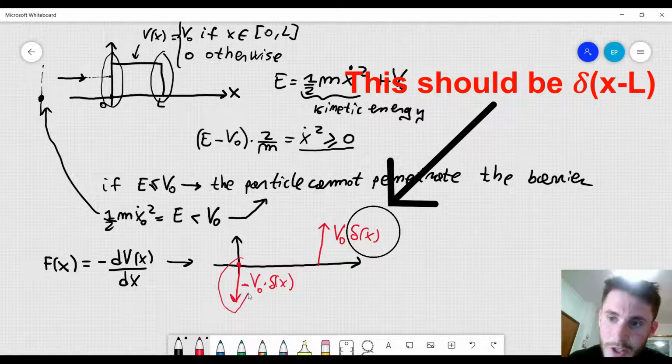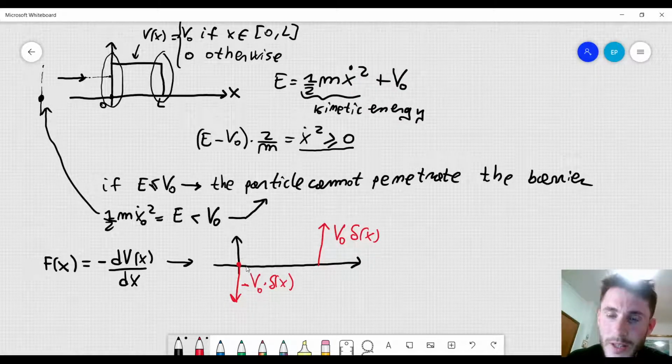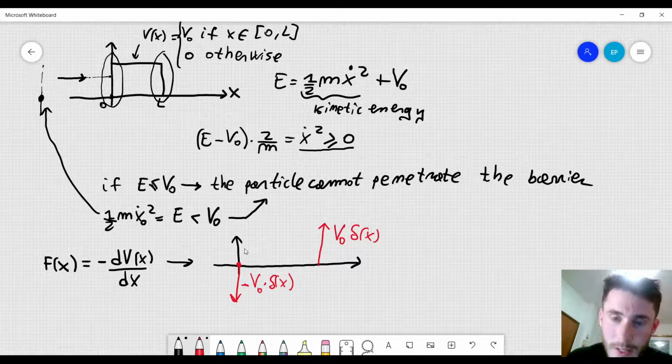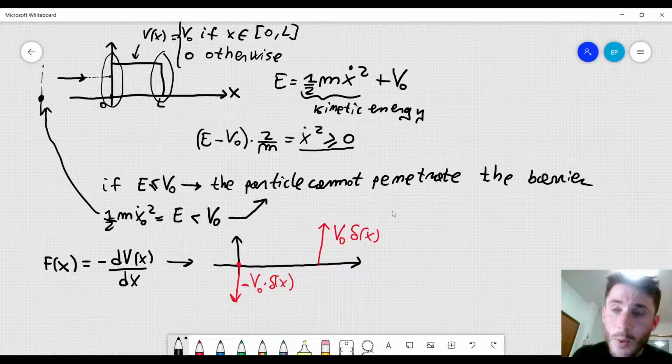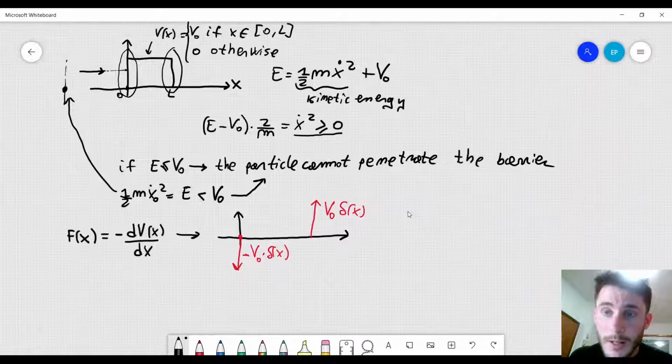When we have a negative force here, it means that the force is pushing the particle to the left of the x-axis, in the negative direction of the x-axis. Whereas when it is positive, it will push the particle to the right. Okay, so it means that when the particle is approaching the barrier, it will feel a force here that's going to thwart the motion of the particle to the right. So it will oppose that motion, and it will repel the particle if the energy of the particle is not sufficient enough. What we want to do is we would like to see if this occurs in quantum physics as well. And we will see that this does not happen.